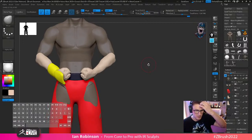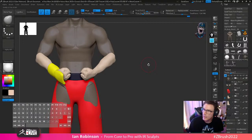Usually how many hours a day do I spend modeling? So on average, I spend about 8 hours at work. I'm in ZBrush a good chunk of that time, unless I'm doing any type of renders or any other special thing they have me do. And then I'll usually try...